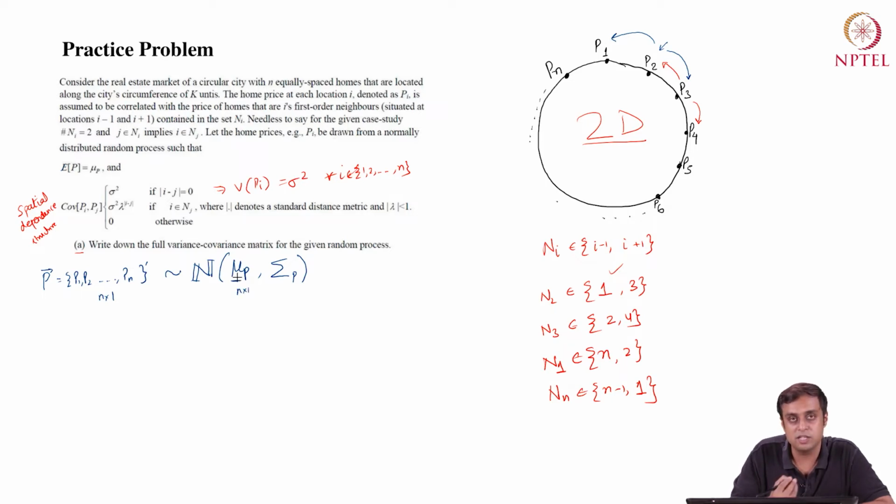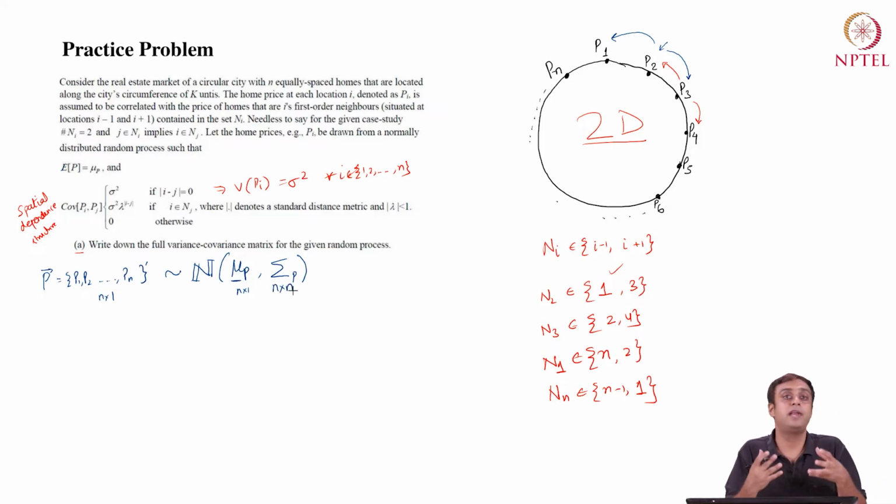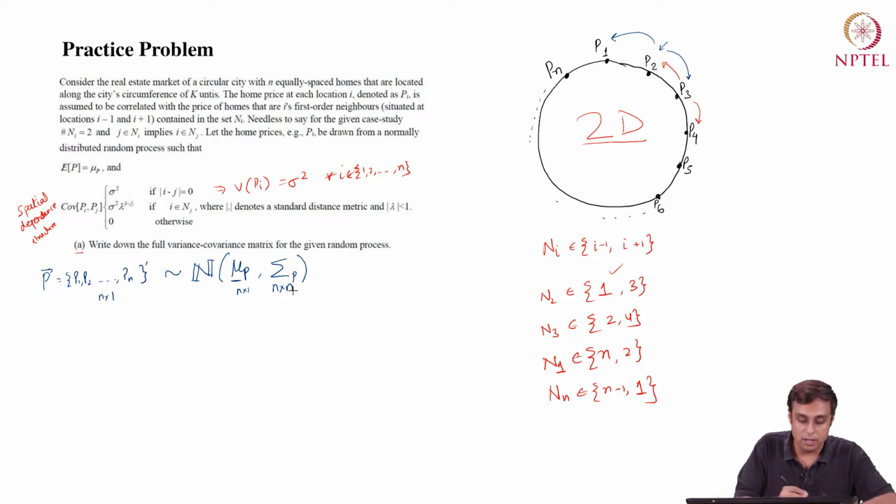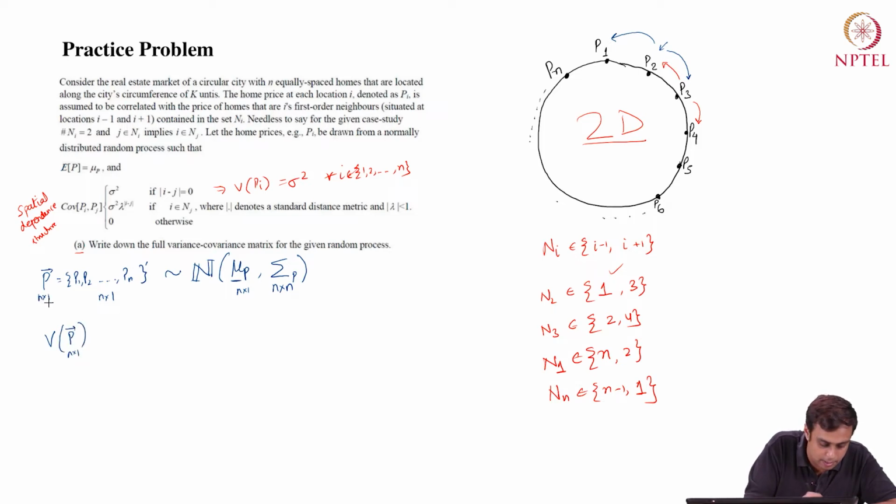The variance covariance matrix is going to be an n by n matrix because it should contain all the variance values and the covariances. This is something we have seen earlier: for a vector of size n by 1, the variance covariance matrix is n by n size. So the variance of P, where P is n by 1, is given as